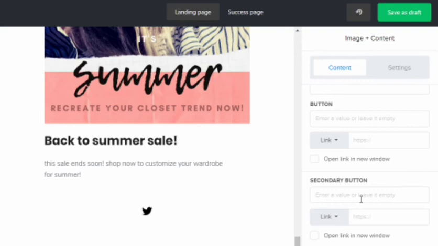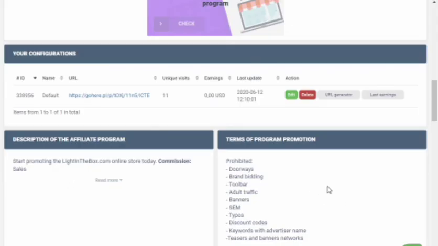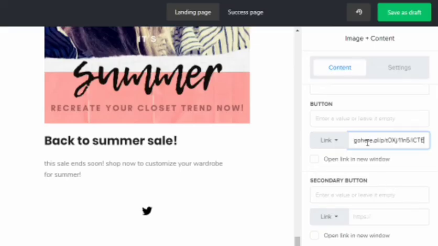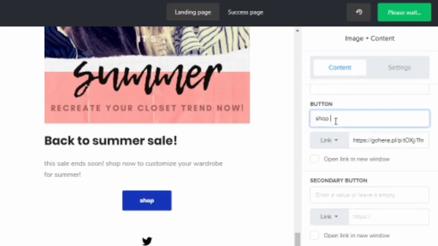So even if I want, I can edit it. I'm just going to add one button. I'll be pasting my URL again. I lost it. That's why I usually paste it somewhere where I can note it. I just forgot to paste it there in the description. I'm just going to give Shop Now.